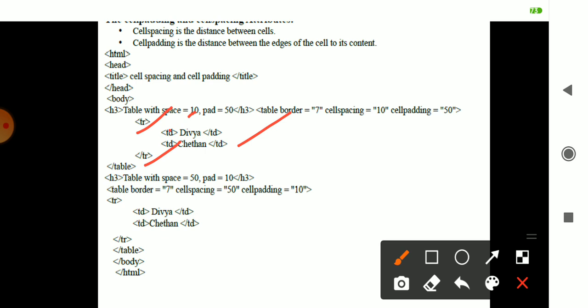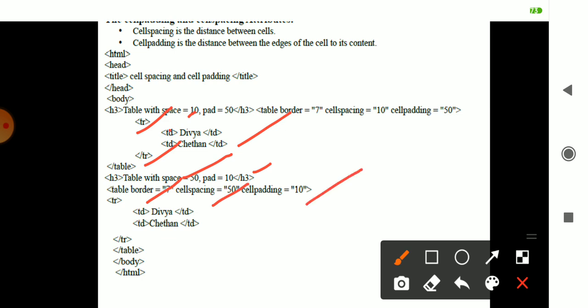Then another table is considered, the same concept with Divya and Chetan. What is different, you can check here, is that the spacing is 50 and padding is only 10. Border is 7, cell spacing 50 and cell padding 10.